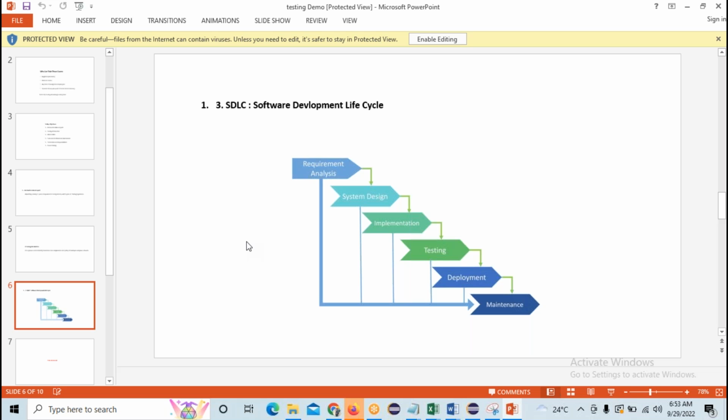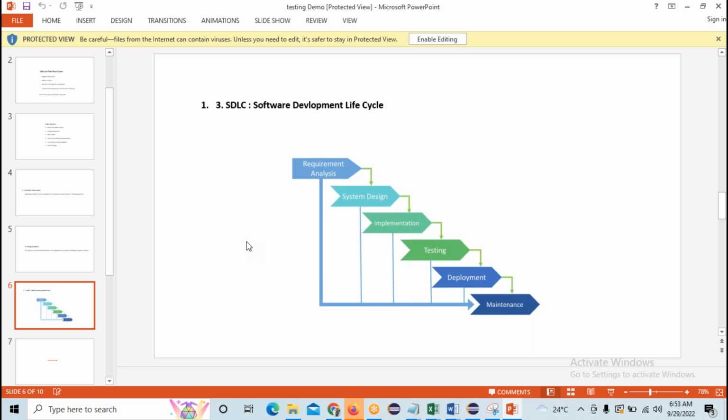If it is constructed as per the HMDA norms, they will approve and give the NOC certificate. If the apartment is not constructed as per the norms, they won't give the NOC certificate and they will collapse that apartment. Collapsing is nothing but fail. Giving the NOC certificate is nothing but test case passed. This is an example of the testing phase in the construction field. Are you guys clear till requirement analysis, system design, implementation, and testing? Yes.